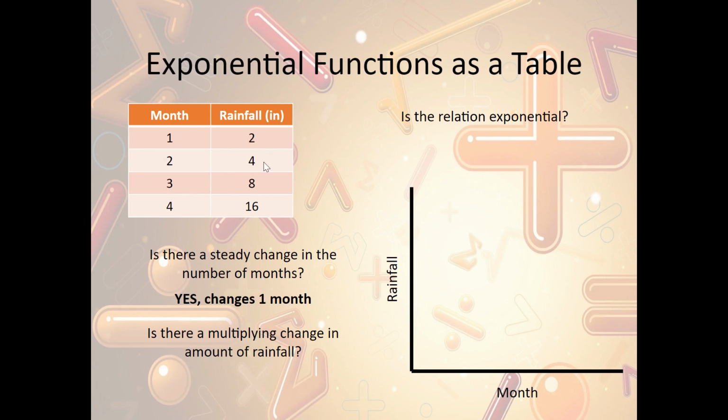Now here we have 2, 4, 8, 16. There is a steady change, and it is multiplication. We're multiplying by 2 each time. 2 times 2 is 4, 4 times 2 is 8, 8 times 2 is 16. So we're seeing a steady change, and it's multiplication. It is doubling, or multiplying by 2 each month. So therefore, is this exponential? Yes, it is. And if we were to plot these points, it would look something like this and form this